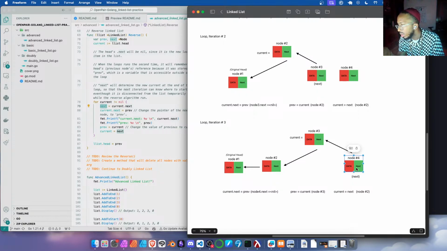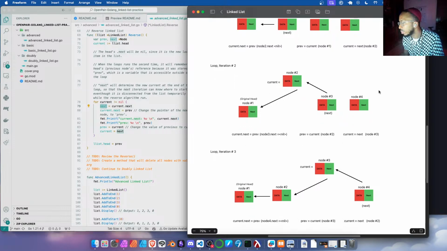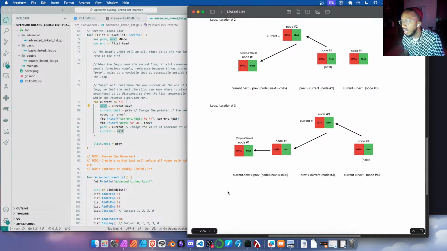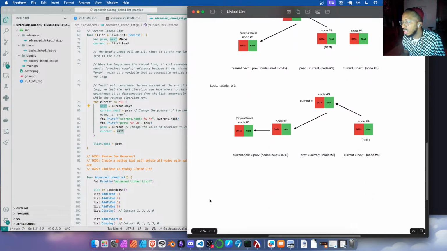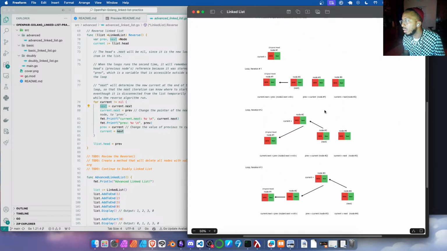Current, previous is current. Okay, and then current becomes next. Oh, so this right here needs to say 3. Oops. Yeah, current becomes next. So, and then at the end of the loop, once this is done, we will have inverted